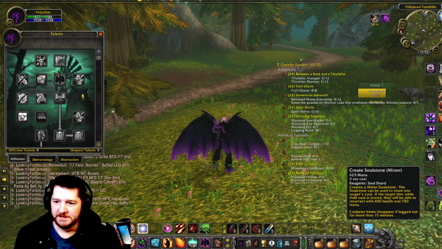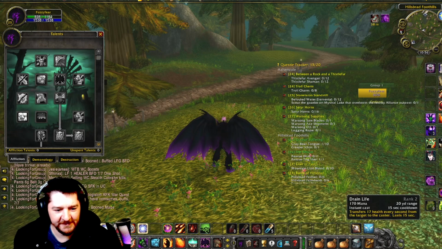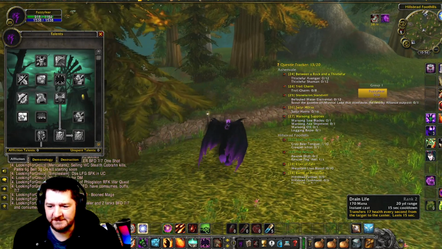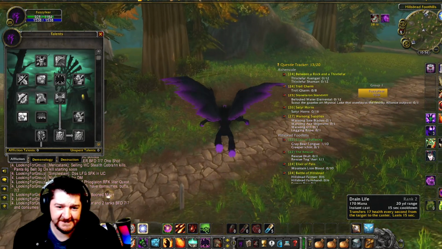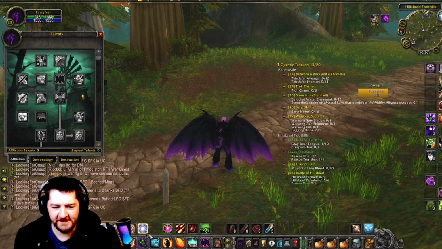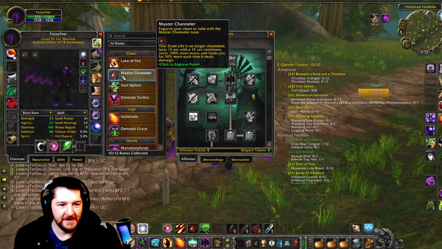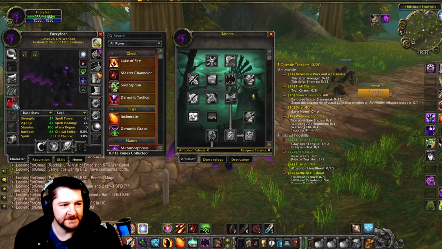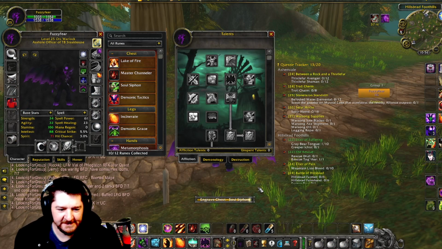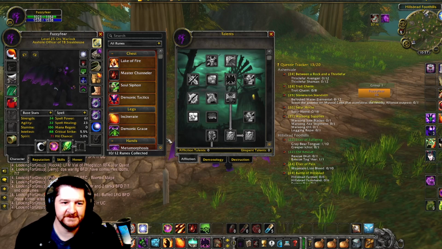Okay, so let's take a look at it. Let's break down the math on this and see exactly how much good it does. So 17 health every second for 15 seconds. I'm going to assume that the tooltip isn't changed by my master channel. Hold on, let's change this real quick just to make sure. I don't think the tooltip changes. Right, so it's still 17.